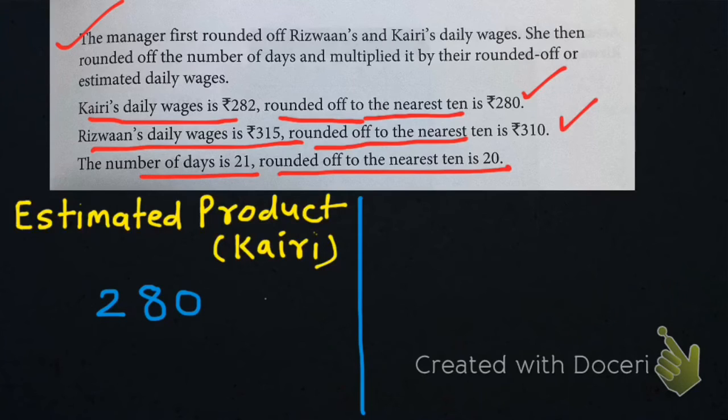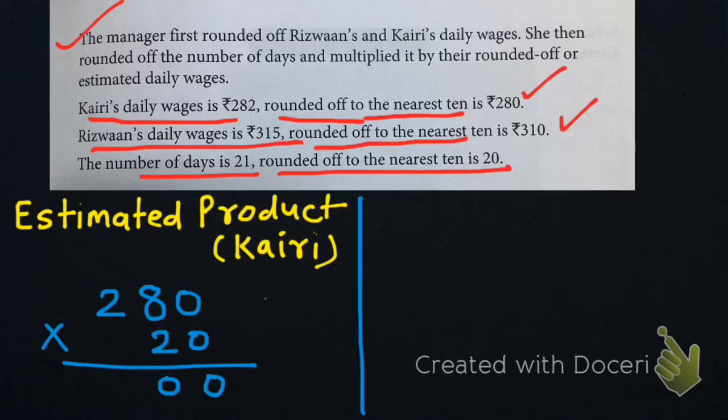Okay, how will you multiply any number? To multiply any number, you'll place these numbers below the numbers in which you are multiplying. So you are multiplying 280 by 20, so you will place 20 just below the 280. After that you can see how many zeros are there. In 280 there is 1 zero, and in 20 there is 1 zero. So total there are 2 zeros, and then you will multiply